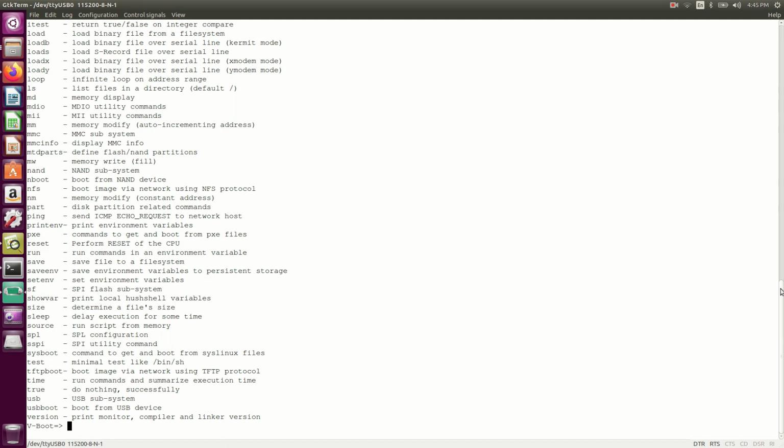Boot image means if you want to boot your Linux kernel via network using the TFTP protocol, you can use this TFTP command from U-boot. In this session we will discuss these commands. I'll try to cover most of the commands, and the rest you have to practice and explore. In a later session, maybe we can jump into some commands where we are booting the Linux kernel.